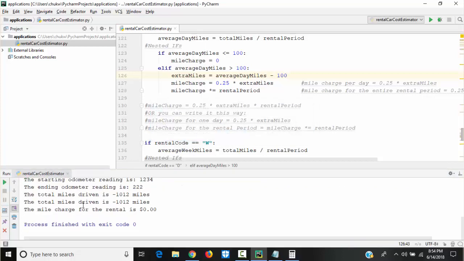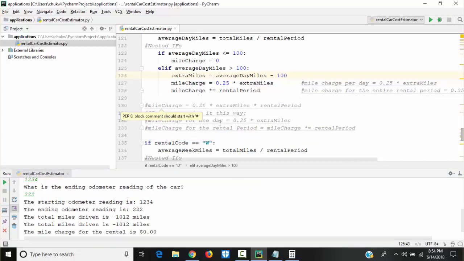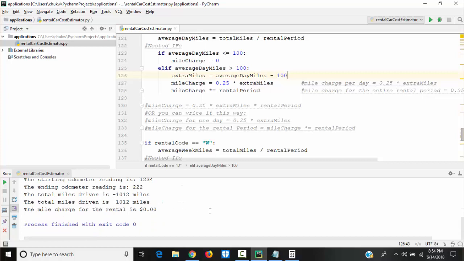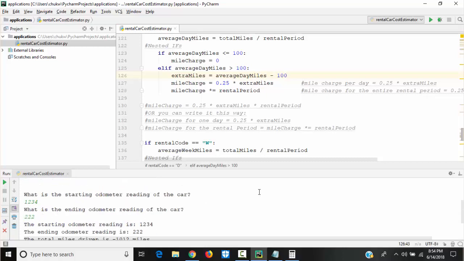Okay, so I have only this. So what we are gonna do now is this. We will put a check to make sure that the ending odometer is greater than the starting odometer, must. And if it's ever less than it, then the program should quit. It shouldn't print out the receipt. So in that way, the cashier or the person at the cash register will say, hey, the receipt didn't print. What did I put wrong? And then we'll find out, okay, hey, I made a mistake here.